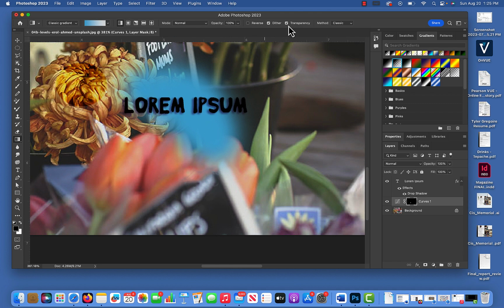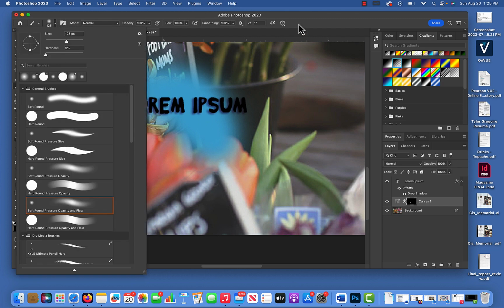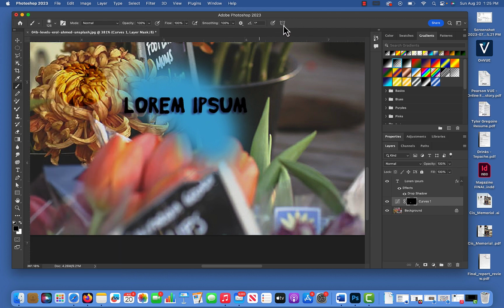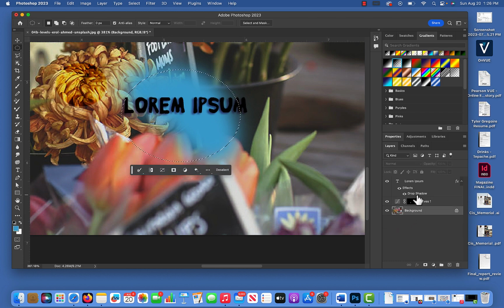So like I said, this is contextual based on whatever I have chosen. So let's go to a paintbrush and you can see it changes based on what I have selected. Usually once you change something, it'll ask you to confirm it. So let's take this, and